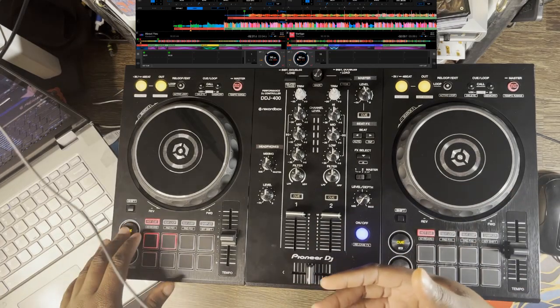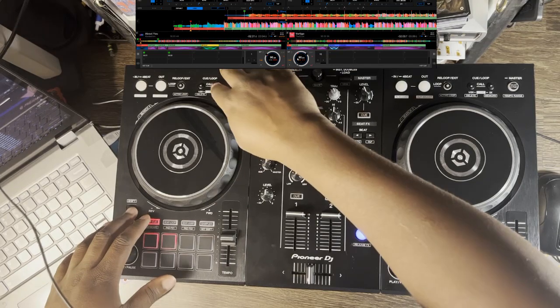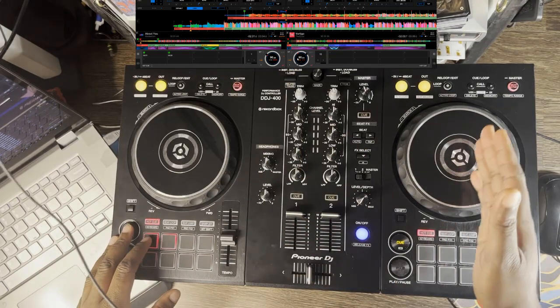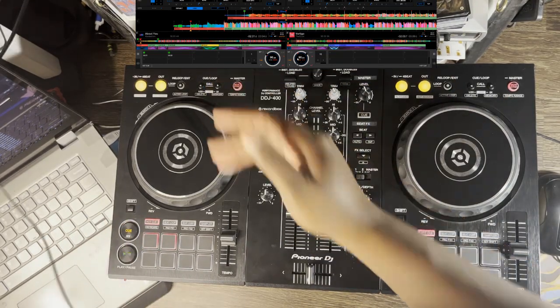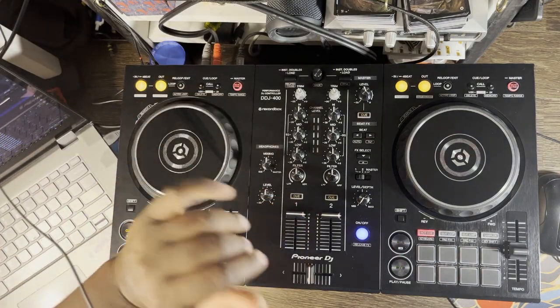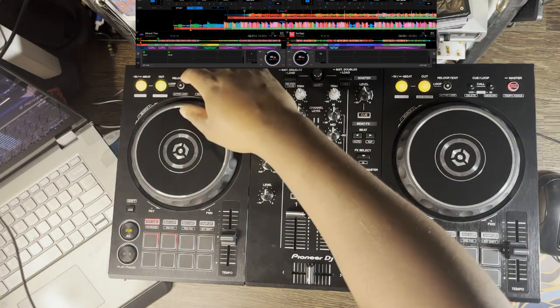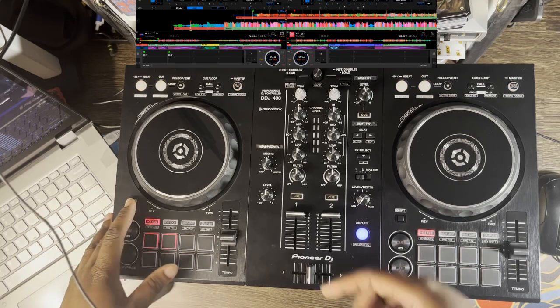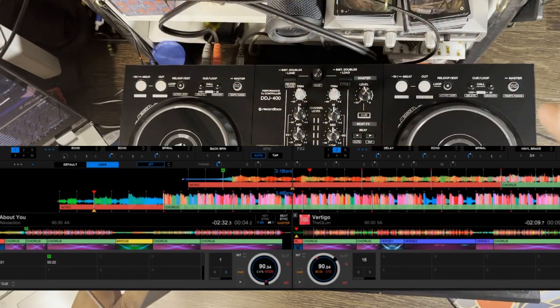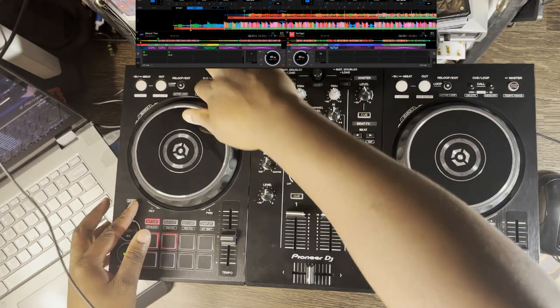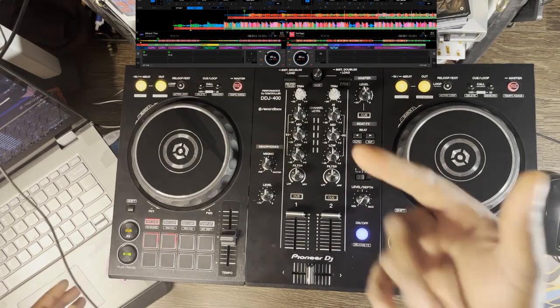So you stop, hit your cue point, hit shift, and then you hit the right side. That creates your memory cue. After that, in order to delete these markers, you press shift and you hit the back button, and those markers go away. I didn't show you exactly how cue works, but